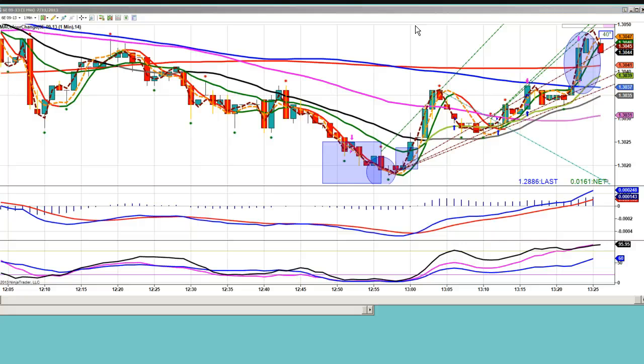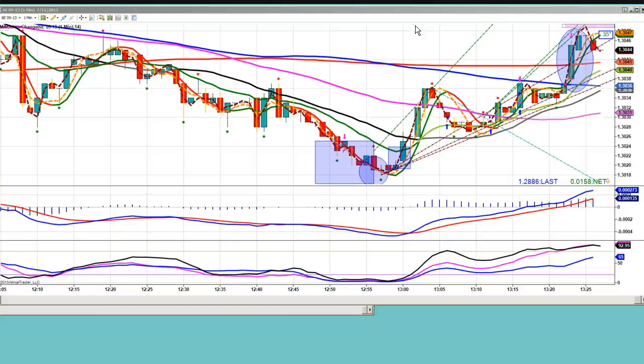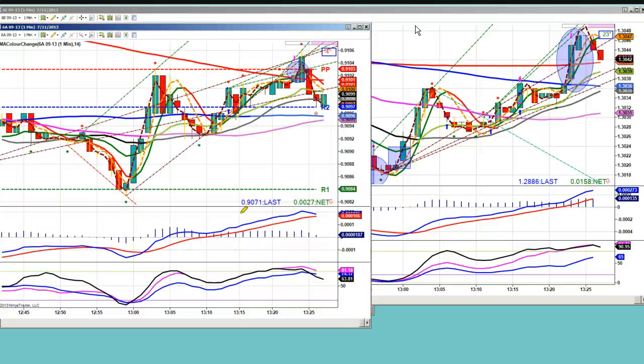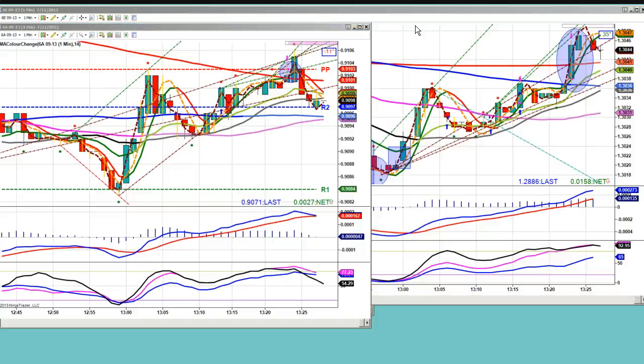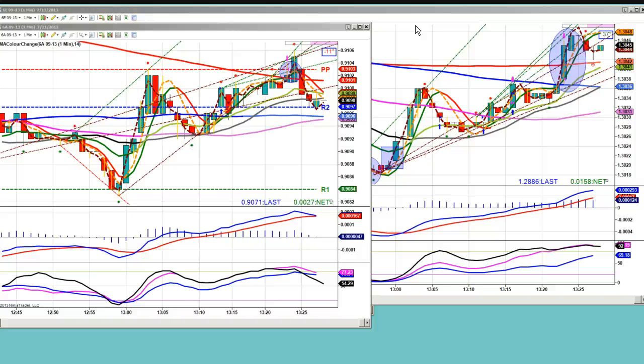I'm going to speed this up for a second, and I'm going to show you the 6A and the euro for a minute. I just want to talk about the advantage of splitting your risk in terms of execution. Just for a second, and then I'm going to come back and talk about the indicators and the HMA. Okay, watch what happens here. I'm just going to speed this up for a second here.